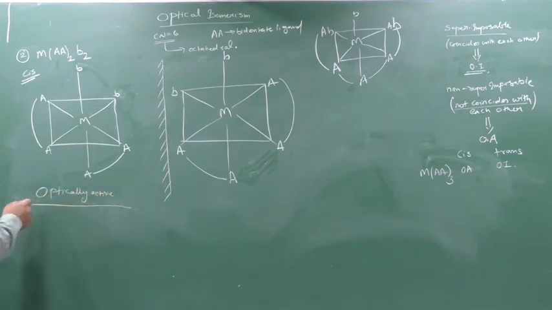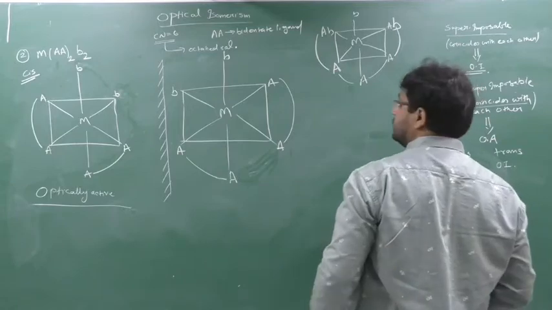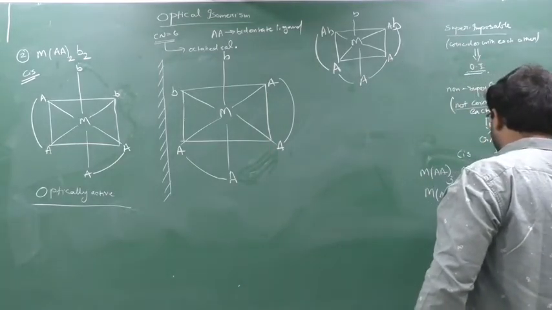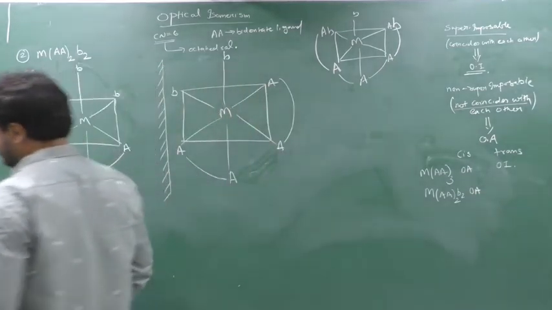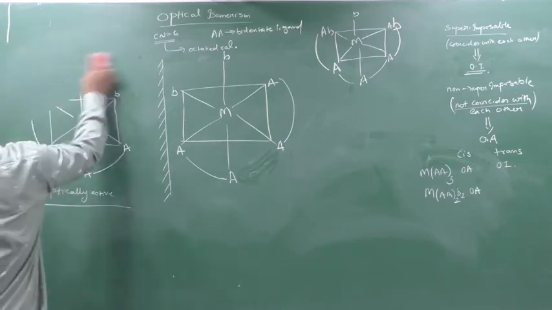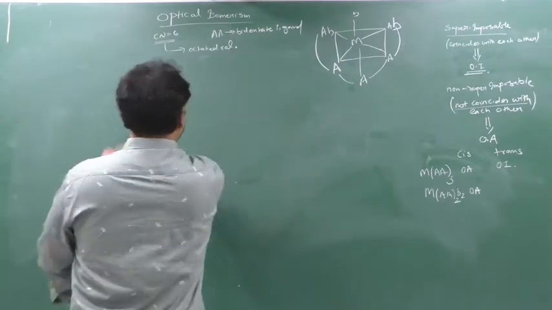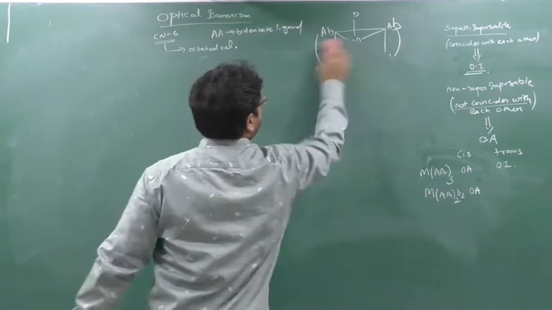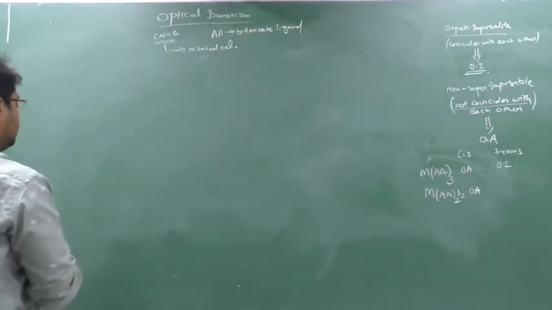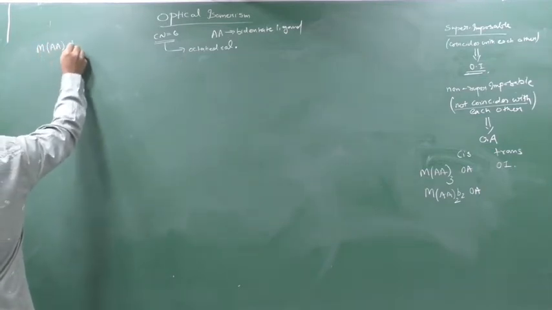So what I came to know is that the MAA2B2 type of compound, the cis isomer, is optically active. Then we'll see the transposition. Trans means you just bring this B here, 180. Done this? Okay, take a screenshot. We will see the transposition of MAA2B2.